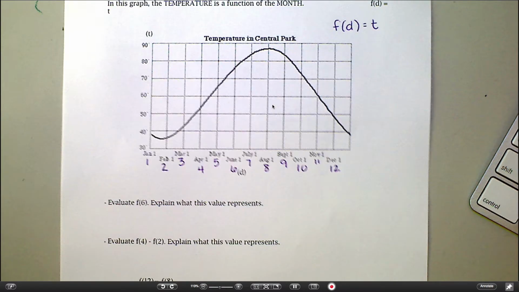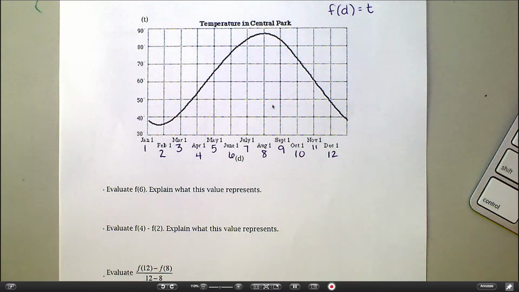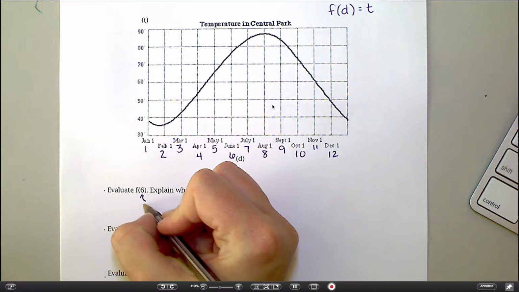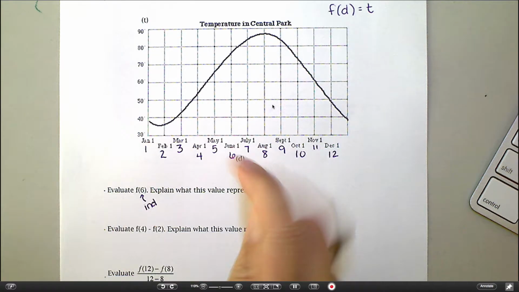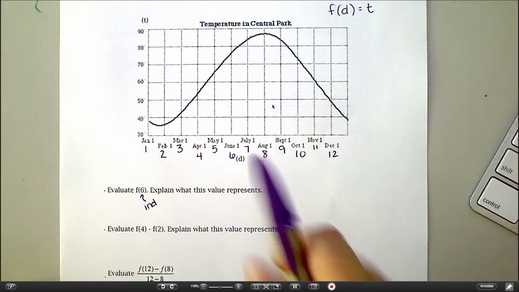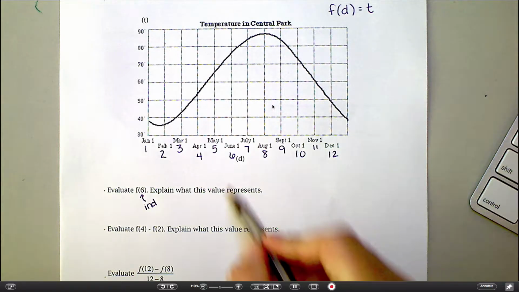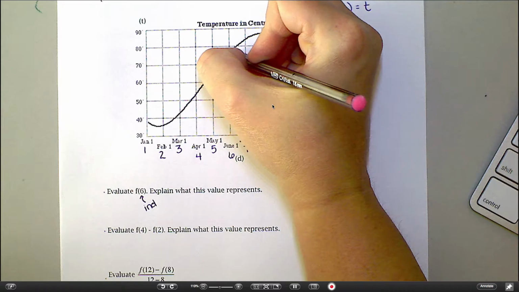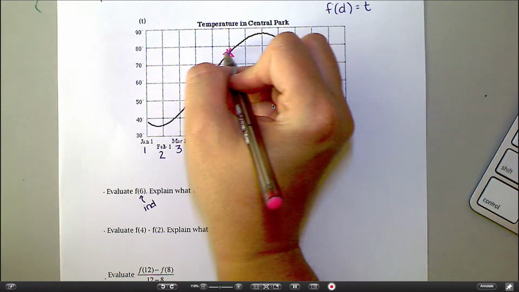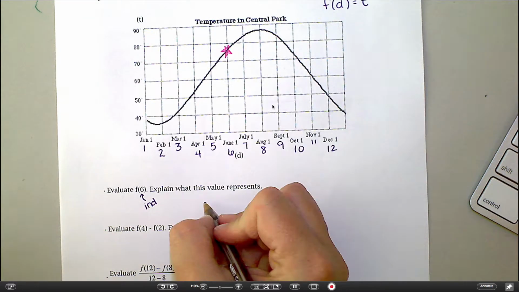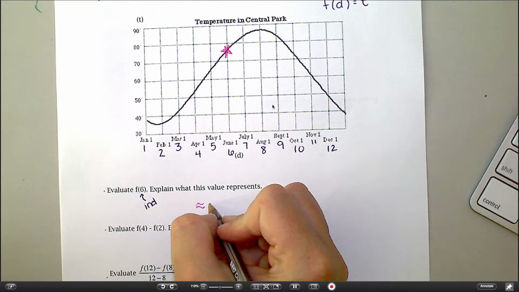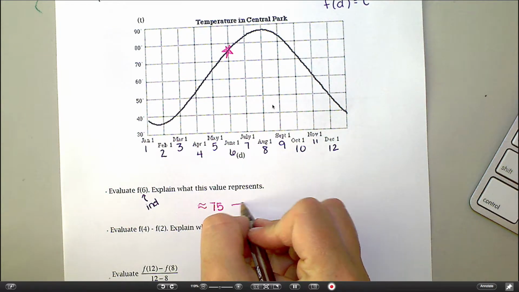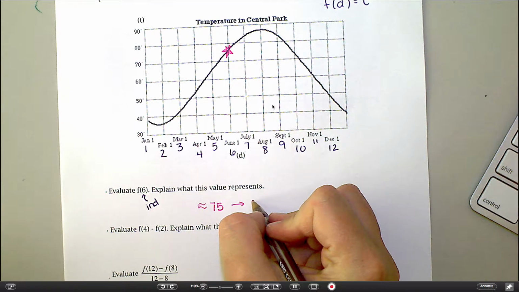So like for example, in this first one, evaluate f of 6. Again, this is always going to be your independent variable. So this is giving you like the x value, or in this case, the d value. So f of 6, I'm going to find month number 6, and I just want to read off the graph. What is that value right there? And we can estimate, I would say maybe approximately 75, right? If you called it 74 or 76, that's okay. And what that means is that in the month of June,